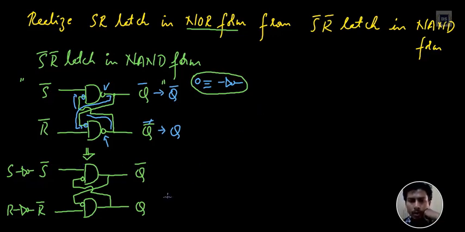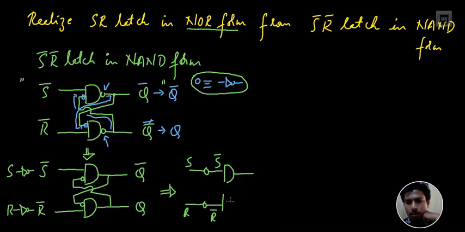So from here I can rewrite this as input S, which I'm making pass through a NOT gate. This bubble over here represents a NOT gate. In fact, when I pass this S through a NOT gate, I'll get S bar. Likewise, if I make R pass through a NOT gate, I'll get R bar over here. And here is where we have our AND gate. Right now it has transformed itself into an AND gate because we have shifted this NOT gate that we had at our output.